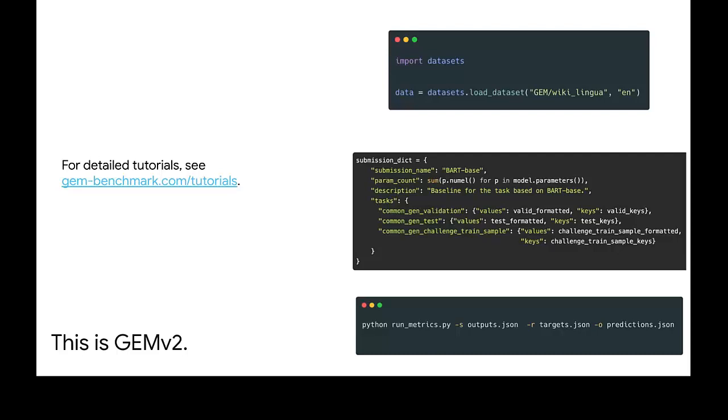In this case, it would load our English splits for WikiLingua, which are different from the originally published ones because they had some test overlap. And if you want to submit, all you need to do is construct a JSON file similar to this. If you want to evaluate your system, you can install our metrics library and just run the metrics. And we also provided tutorials for everything.